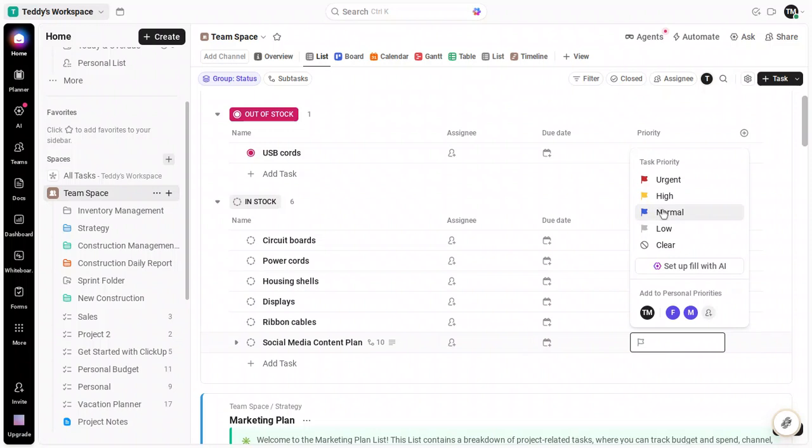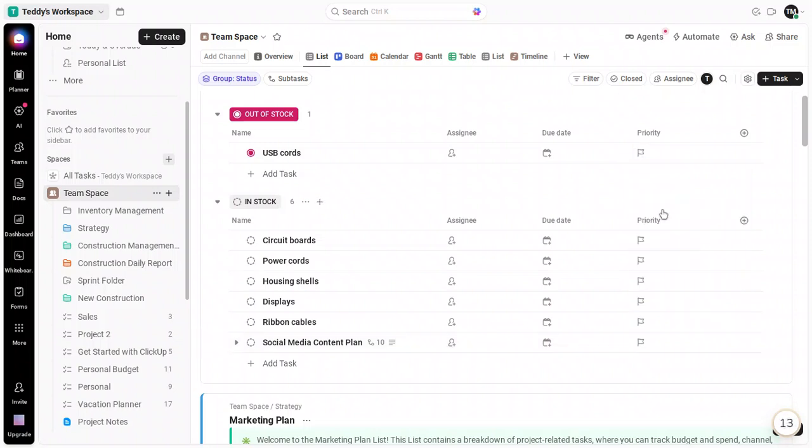Priorities in ClickUp help you communicate urgency at a glance. Choose from levels like urgent, high, normal, or low, depending on how quickly the task